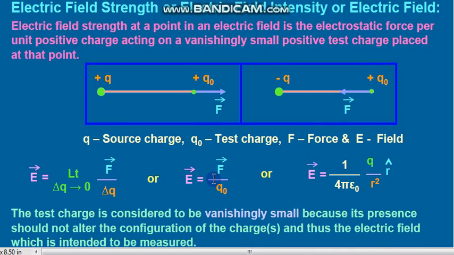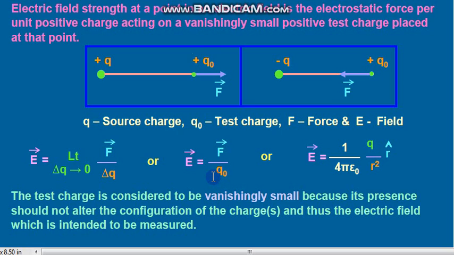Now how do I understand what is meant by field and whether it is a stronger field or a weaker field? It is very obvious that if the test charge, this q0, experiences a greater force, it means that this field is stronger. Instead of this position, if I take this charge plus q0 at this point over here, this charge is going to experience a greater value of force, and that's how I can understand that from this region the electric field will be stronger. Whereas if I move away from here, there will be a lesser value of electric field.